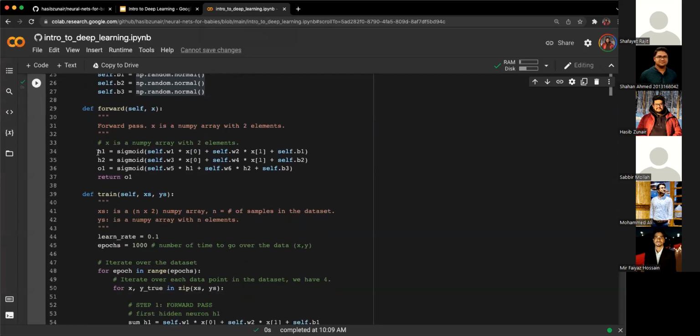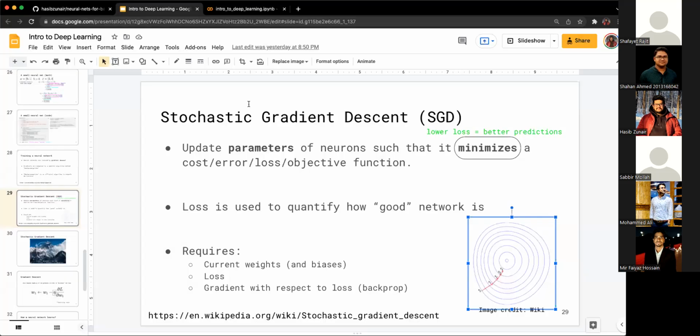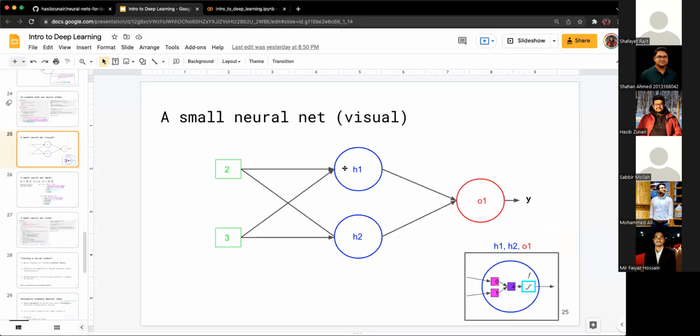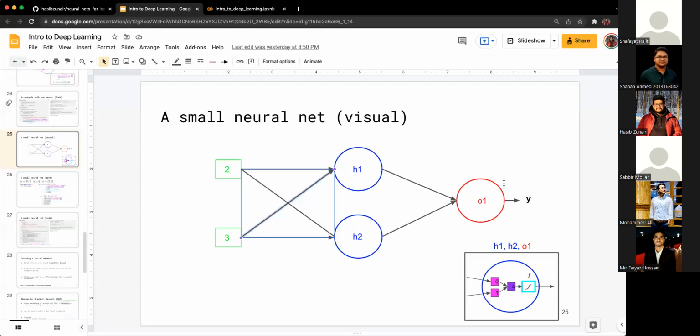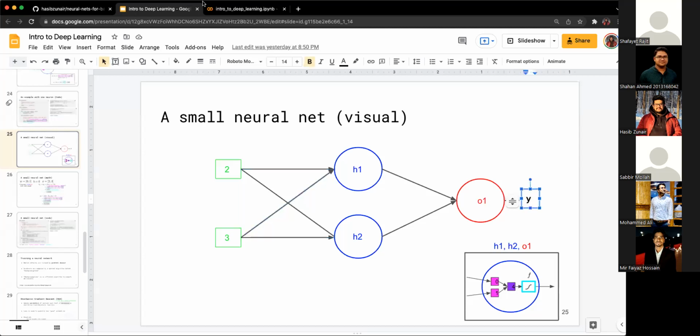Now let's look at how the forward pass is working. This is the same as before, right? We are taking H1. So what does H1 take? H1 takes in 2 inputs, right? This one and this one. And it's going to do the same: multiply the weights, add a bias, and then activate. That's just it. That's what a single neuron does. And we're doing the same thing for H2 and O1. And we're finally returning the prediction, which is basically the value Y, which is the output O1.